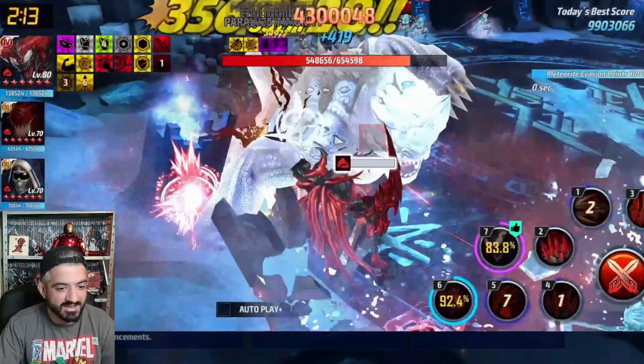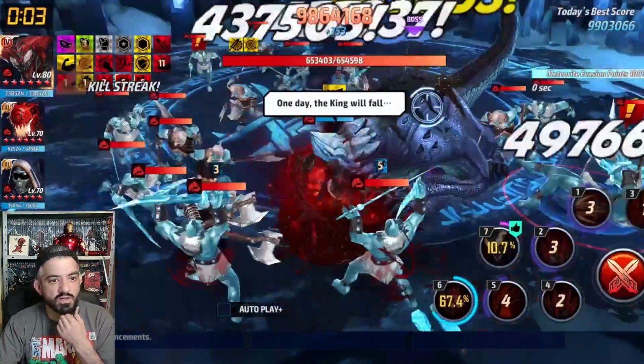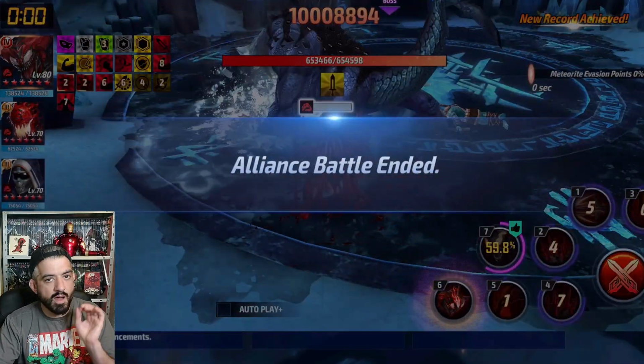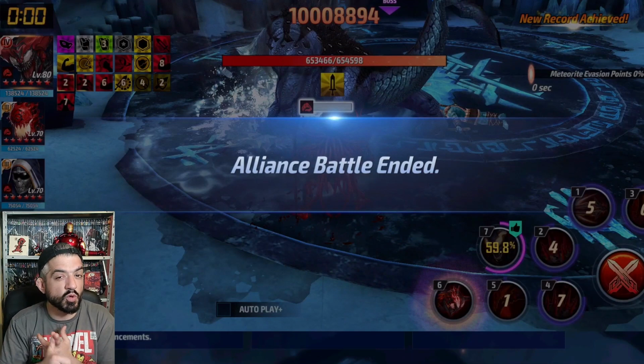Let's go and see. So at the end of the fight, I end up doing something close to 10 million, I think. But yes, let's figure it out here. Yeah, it's exactly 10 million. So I'm pulling out 10 million with my Carnage, and in the same time 8.7 with mini raids Doc Ock